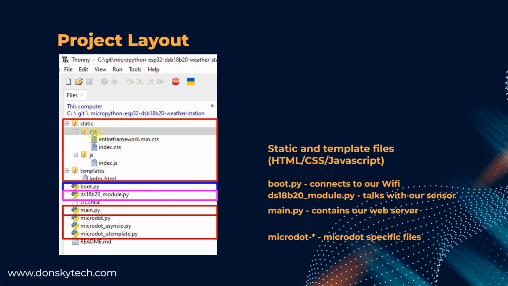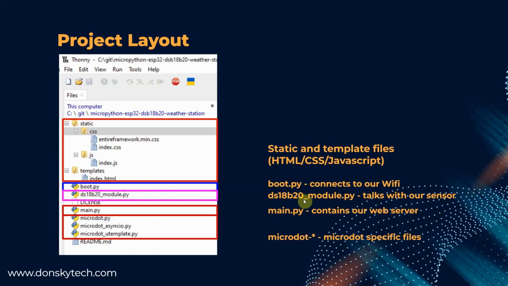As you can see, I have here my static and template folders. These will contain my HTML, CSS, and JavaScript files. The boot.py will connect to our Wi-Fi, so when our ESP32 MicroPython is restarted, it will automatically connect to our Wi-Fi.